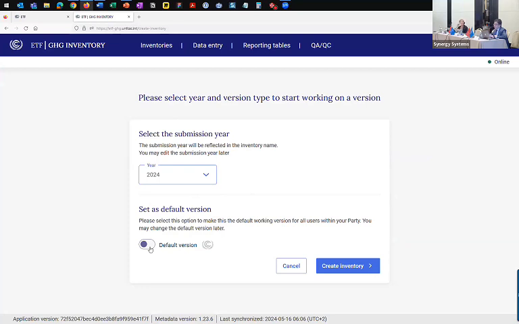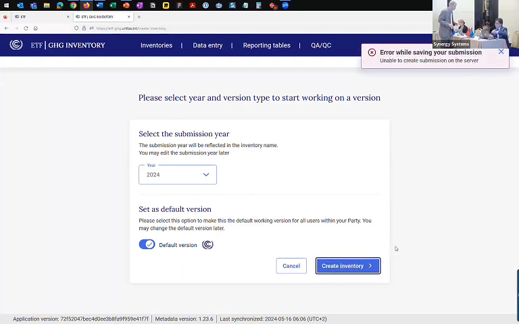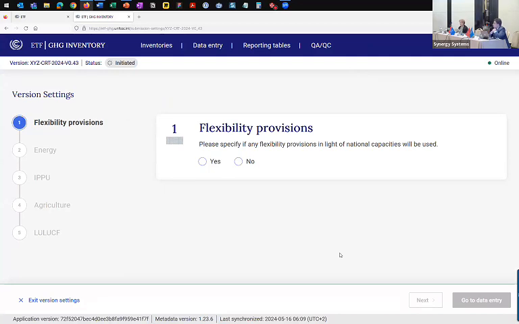And then I want this to be a default version, meaning that this is a common version, a flag to indicate that it's a common version for all the users working within the party. So I'll create it as a default version. You can create for any of the submissions. This is just to show you how it works. In the exercises, I think I have 2025, but now here I have selected 2024. So in the version 2024,